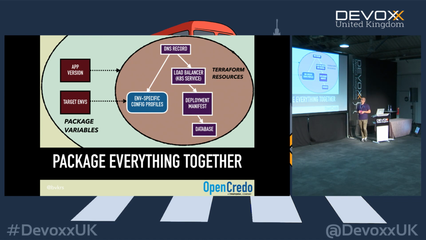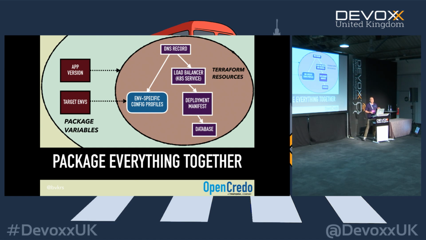So what we wanted was a package that can know about all the different resources in the environment. So a package that has Terraform resources, the resources depend on each other, and then the application code is also included inside the package,